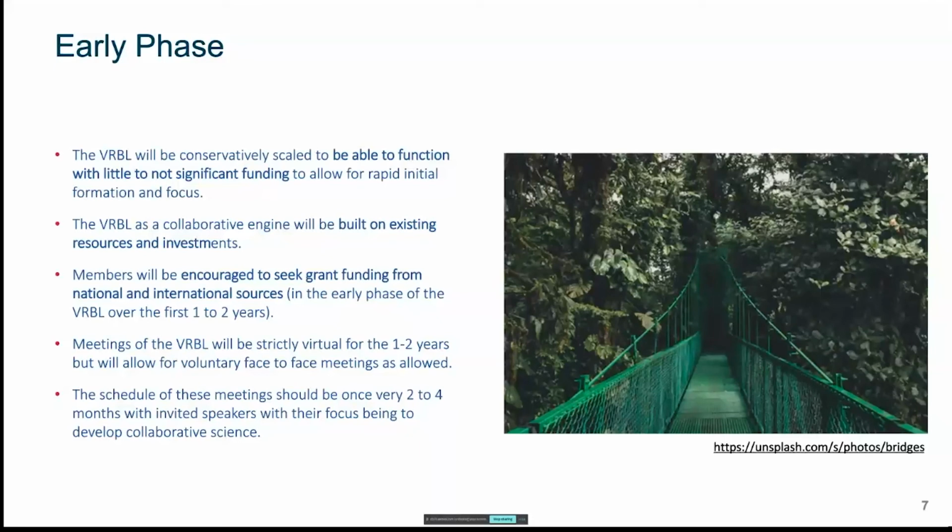Meetings and such, these are logistics. I don't think they're as important as the time would take. But essentially, the key is that people would meet, they would talk together, they would actually be mentally a team, not just figuratively a team, but people really would have to feel like they were true collaborators. There's a difference between writing a paper together after all the science is done and developing the hypotheses, the experiments, and working through the problems of the science together during the process. The latter is the approach that would be successful for a VRBL. Doing things together at the very last minute is not exactly something that would be constructive.